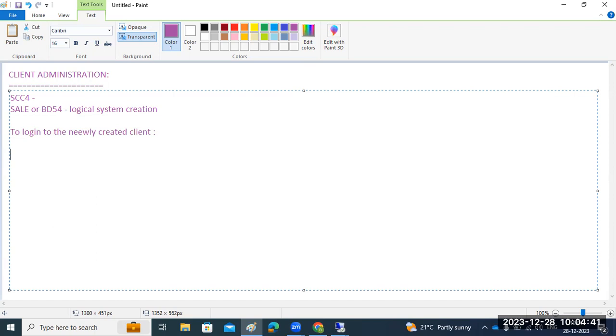Yesterday we discussed the profiles and parameters as well. RZ10 and RZ11 are for the profile parameter changes. If you want to change any system configuration, we have to use RZ10 and RZ11. At the same time, to log into the newly created client, there is one parameter we have to change. Why? Because